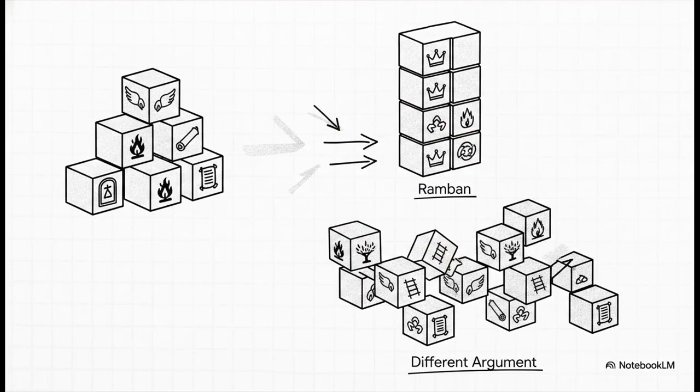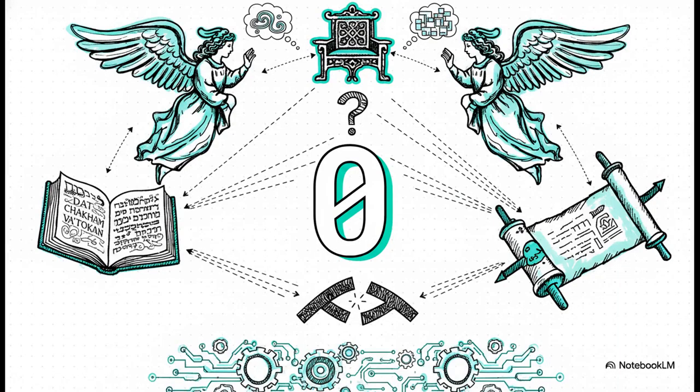But what about the opposite situation? What happens when a commentator uses all the same basic words as Ramban, but is actually building a completely different argument from the ground up? This, for me, is maybe the most mind-blowing discovery. There's this manuscript called Deat Shacham, and it uses all the right keywords. Cherubim, throne of glory, but the analysis reveals that it shares exactly 0 structural arguments with Ramban. 0. It is the perfect example of how two thinkers can use the exact same vocabulary to build entirely different